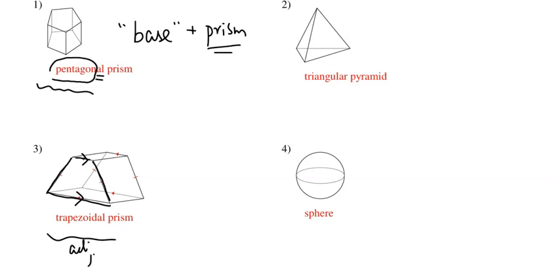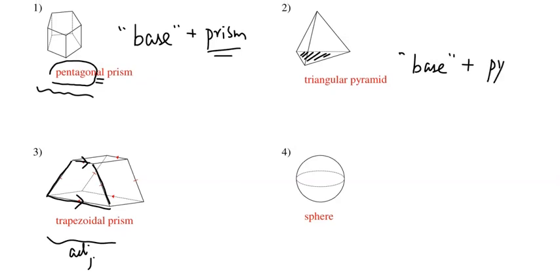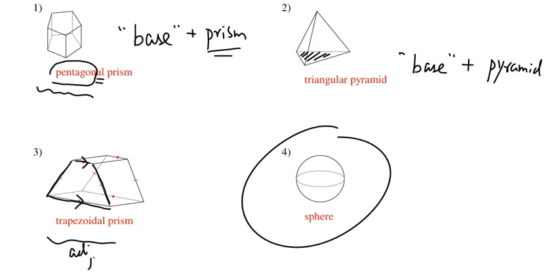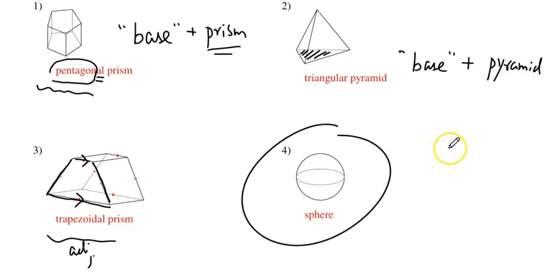And the same thing as a pyramid. First, you need to understand this is a pyramid family. Unlike a prism, where we have two bases, in the pyramid family we have one base. So all we need to do is to look at this base. What is a base shape? Once again, that's the base name plus the word pyramid. Okay, all right, and sphere, we all know this, so no need to waste the time here,